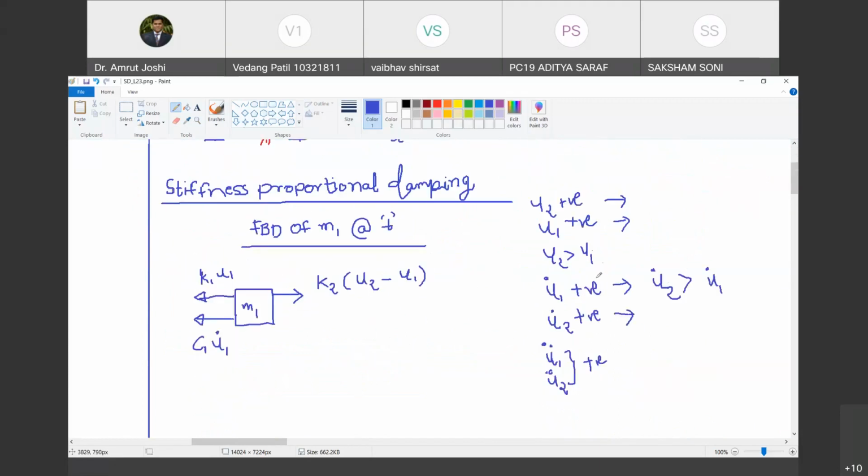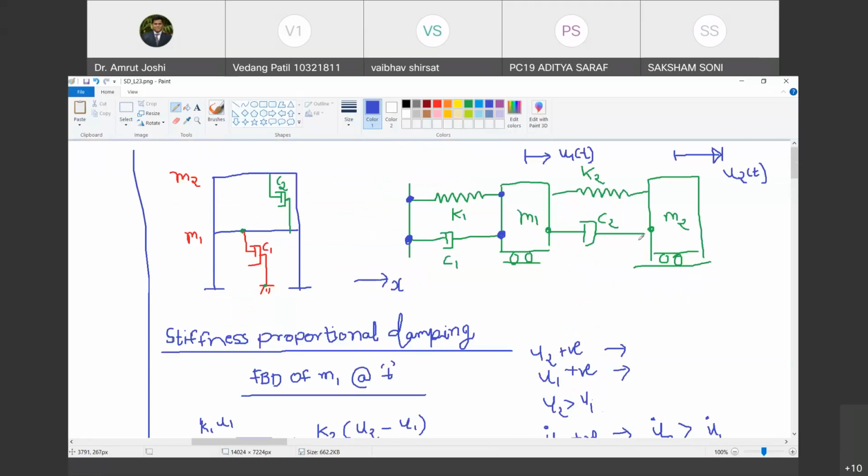Yes, sir. देखो हमने assume क्या किया है U2 of T is greater than U1 of T. अगर U2 is less than U1 तो automatically यहाँ पे sign adjust हो जाएगा. Are you with me? Yes, sir. So therefore, without loss of generality, we can make these assumptions on the natures of U1, U2, U1 dot, U2 dot, U1 double dot, and U2 double dot, and relative magnitudes of U1, U2, U1 dot, and U2 dot. Are you with me? Yes, sir. Okay, let's go ahead now.